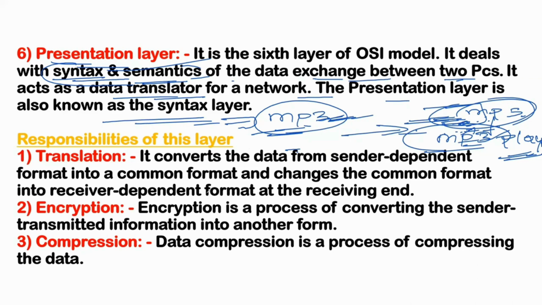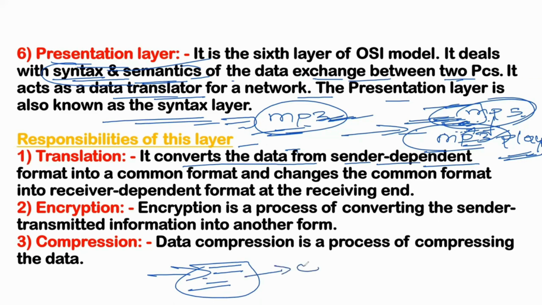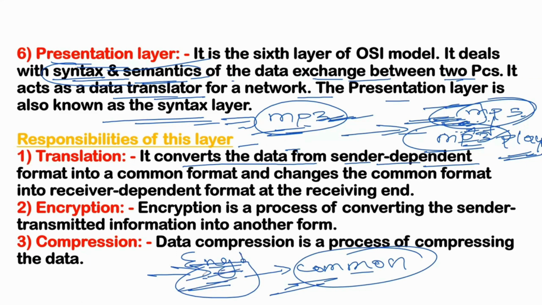One is translation. Translation means it converts the data from sender dependent format. Suppose you have a file, and you are using an English file, Hindi file, or any file. It is sender dependent, and it will convert it into a common format. Common format means the system does not understand the English or Hindi format written in this file, so it will convert it into binary format,